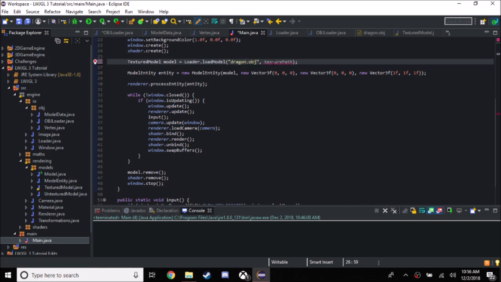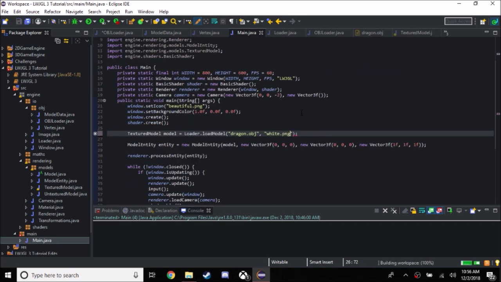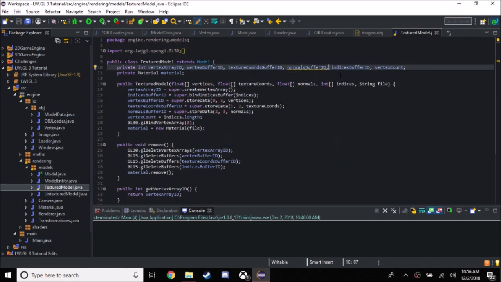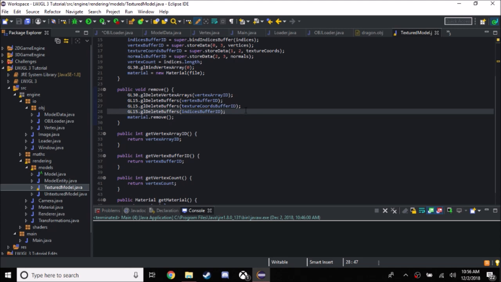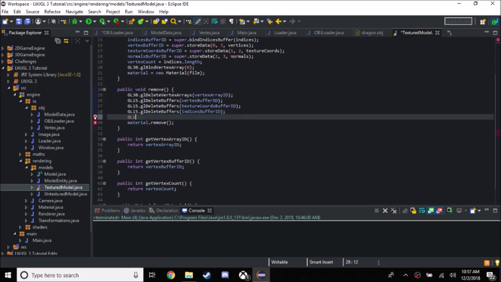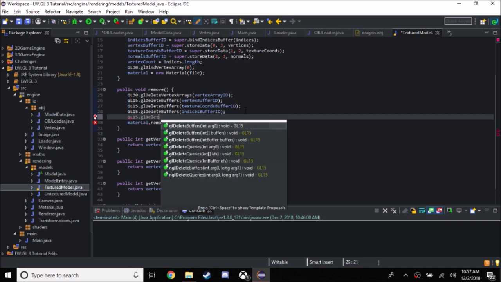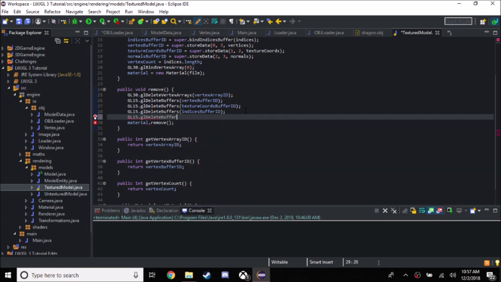Dragon.obj. And then in the texture path, we need to have our texture, which is just going to be white.png, because once again, this model doesn't use any textures. So now if we go here, we can just fill that in by doing GL delete buffers normals